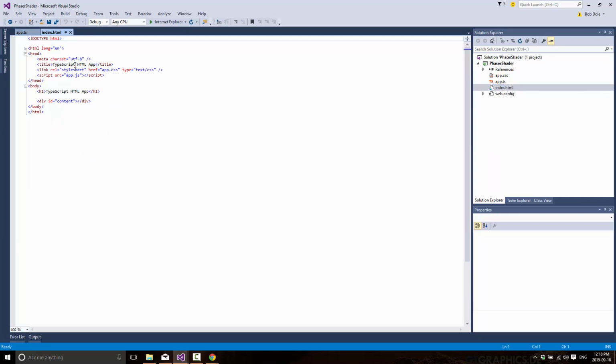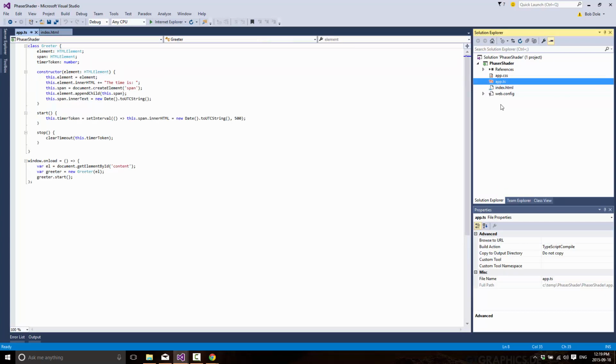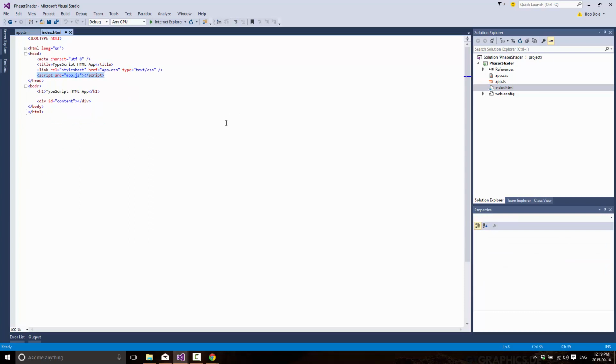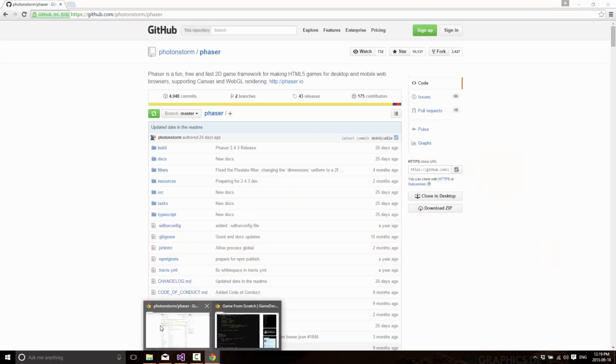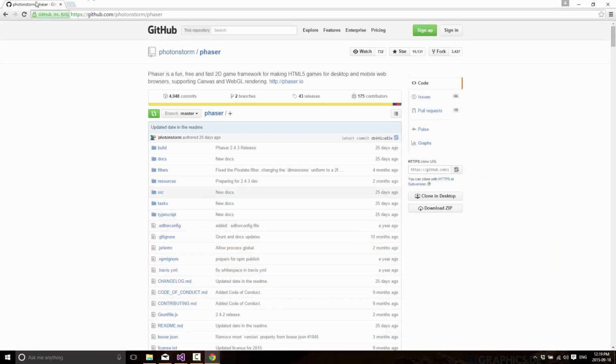All this really does is load up, and at the end it calls your app.js, which is the generated file from this ts file right here. We need to add a couple things here. We're going to also need to include the Phaser specific libraries, and that means grabbing them. You can grab them from Phaser, but I'll grab the most recent ones from the GitHub repository. So the Phaser GitHub is